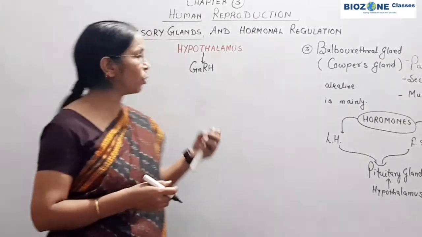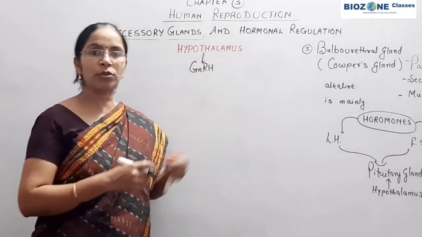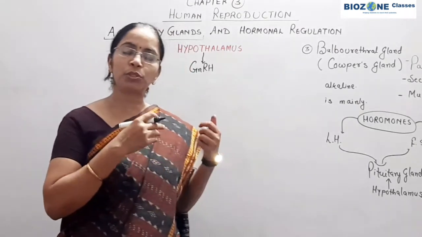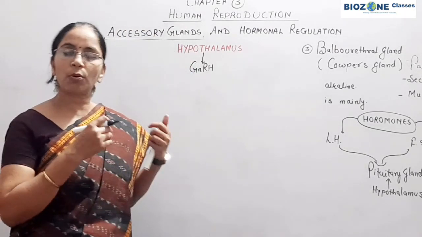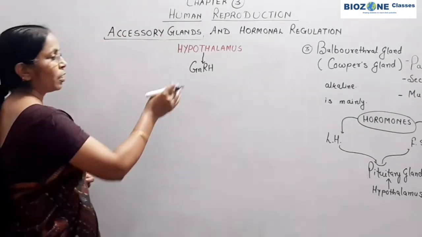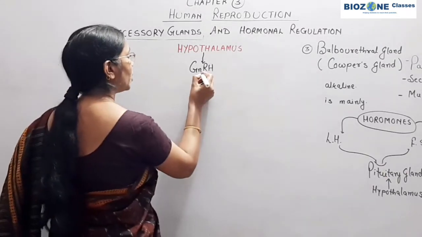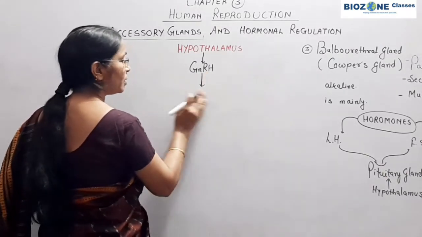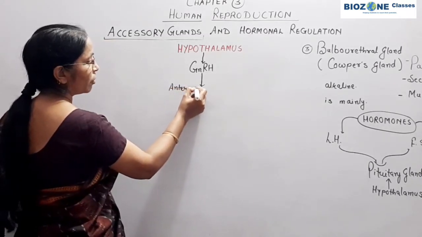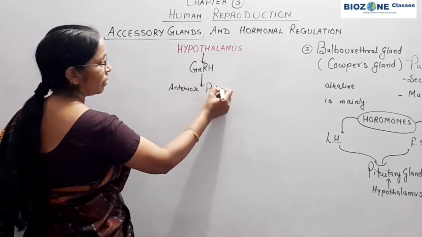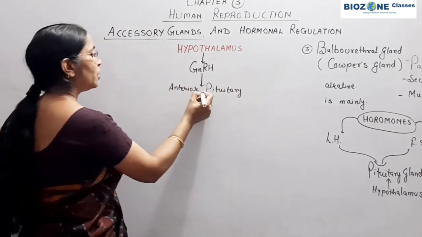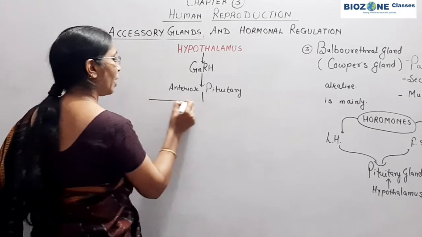The students who do not know about GnRH, kindly go through the class 11 chapter 22, where you study the role of the pituitary. Over there GnRH's role is provided. So the hypothalamus is responsible for the release of gonadotropin releasing hormone. This gonadotropin releasing hormone acts on the anterior pituitary. This part you remember. In response to GnRH, the anterior pituitary gland or the